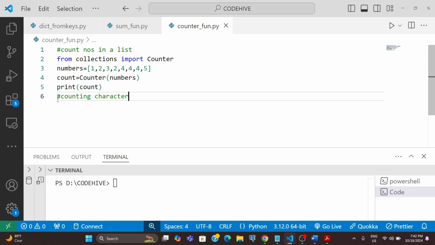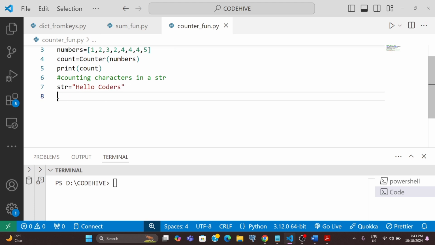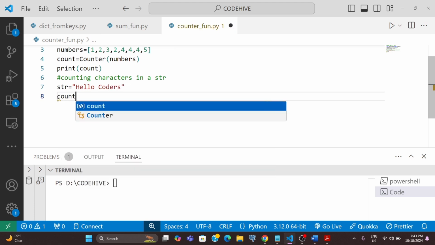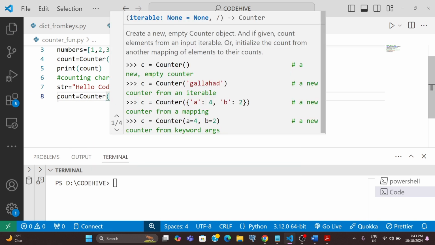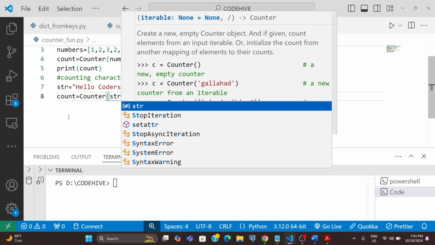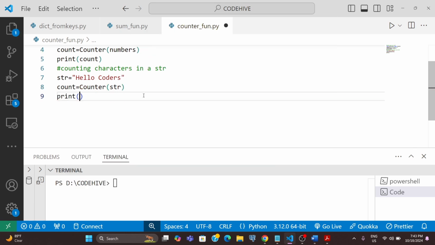Here I am assigning a string like str equal to, then I will type something like hello world, or I will write hello coders. We all are coders, right? So I have a variable count, then I can write Counter of, then inside that I can put the string as the argument, right? Now if I print this, I will get